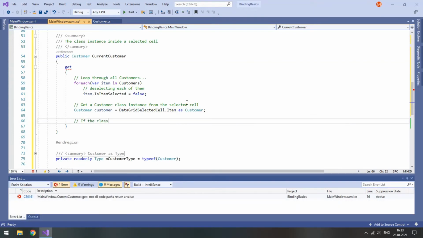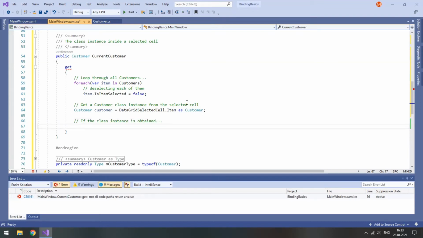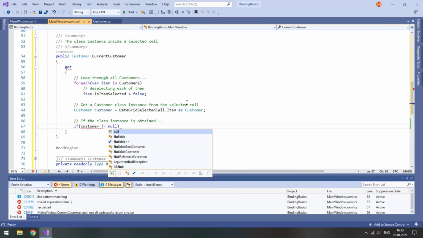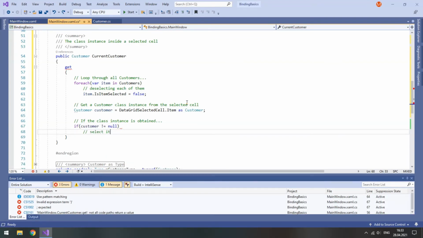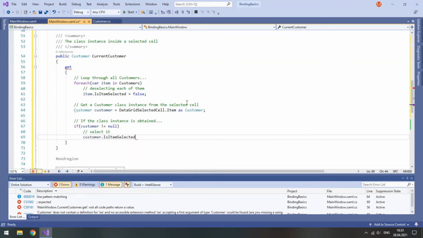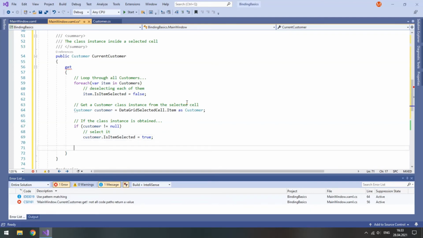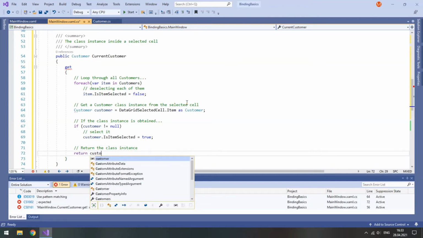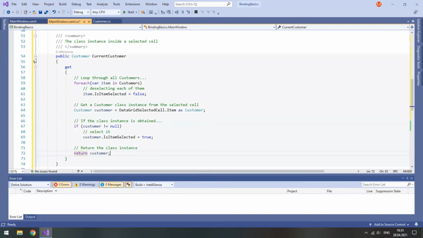So if the class instance is obtained, and we do it like if customer is not null, we select it. So customer is item selected will be equal to true. And then at the end we need to return the class instance. So return customer.